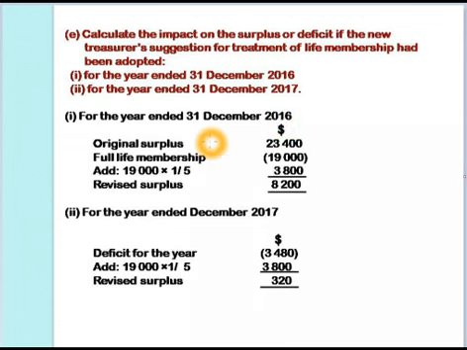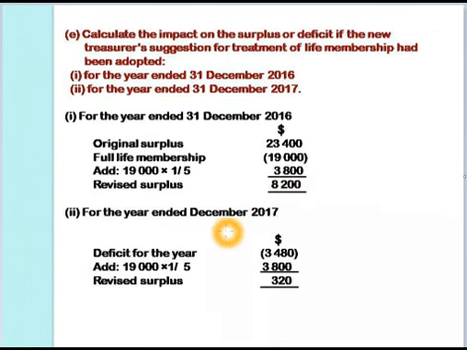As in the debit, the surplus which was given is $23,400. In this, the total amount of life membership is also added, as we are going to divide this 19,000 over a period of 5 years. Hence, after subtracting it, we will find the share of 2016, which will be 1/5 of $19,000, and we are going to write the life membership as $3,800 for 2016. And when we do that, we get the surplus for 2016 as